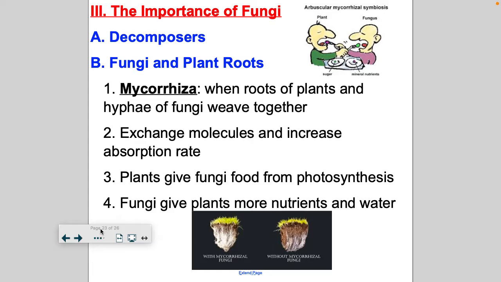Now, why do we study fungi? First off, they're decomposers. Okay, they can break down lignin and cellulose. They can break down trees. So they recycle nutrients back into the environment. And then another